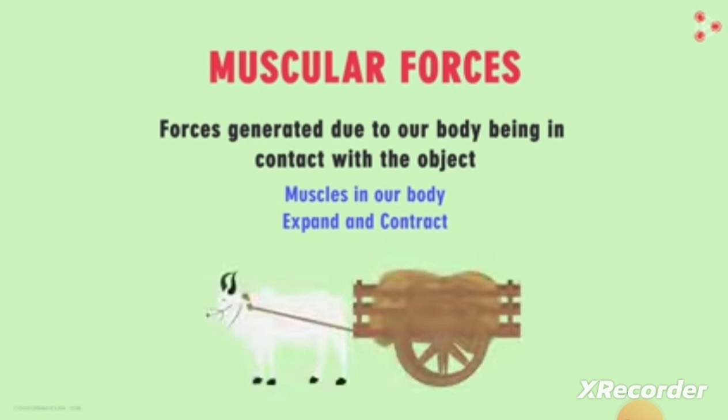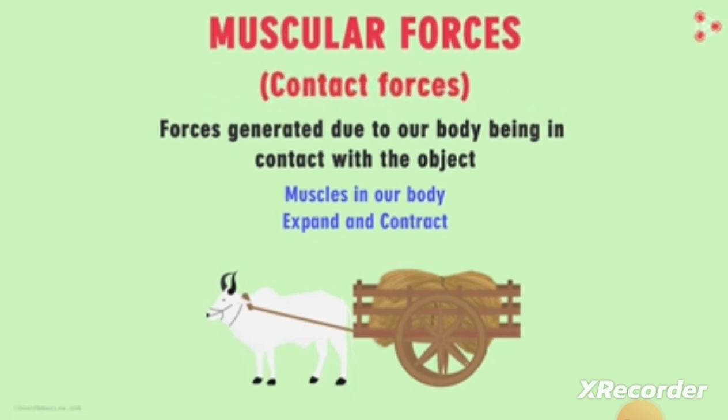A bullock cart is used to carry load from one point to another. Bullocks are tied with a cart and the load is then added onto the cart. The bullock then applies muscular force on the cart and moves it forward. So a muscular force is a contact force. Are there any other contact forces